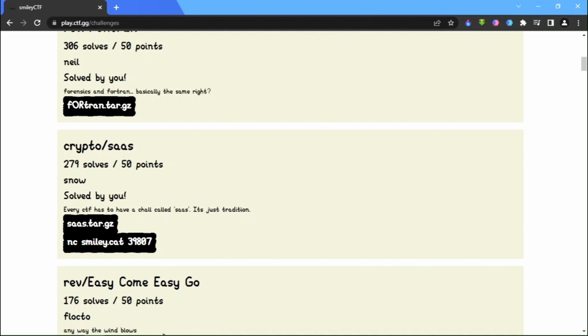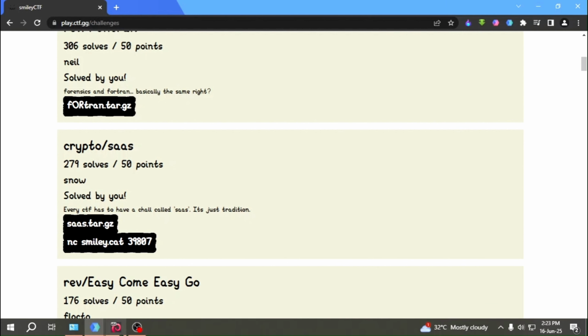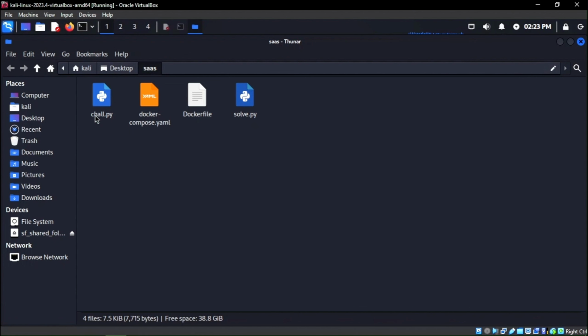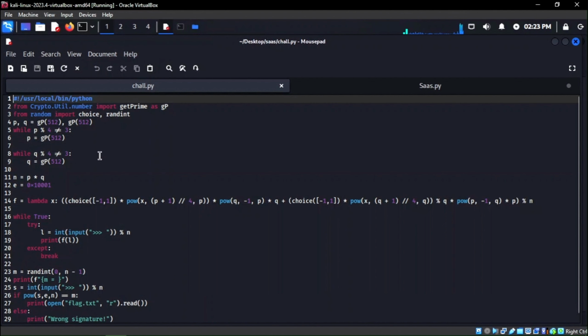So I downloaded the challenge file. Let's see. So this is the challenge file. Let's see what is inside it. So you can see this is the challenge script provided by the challenge. So here